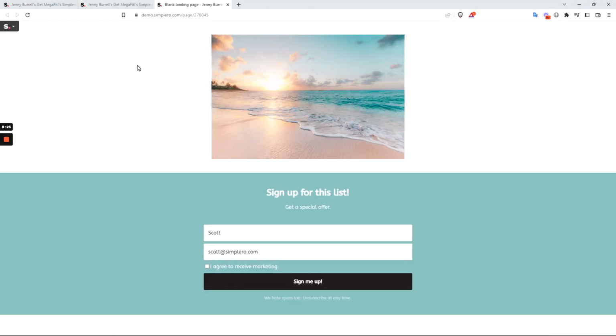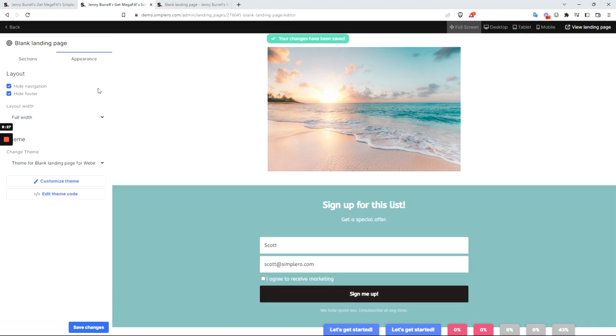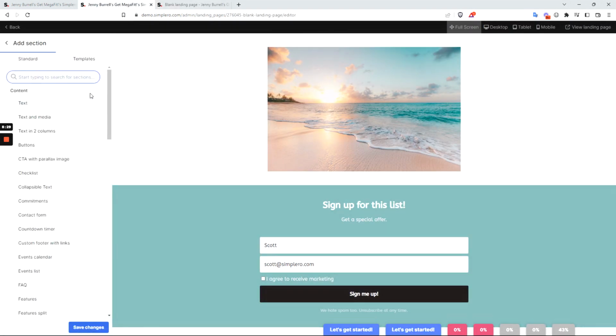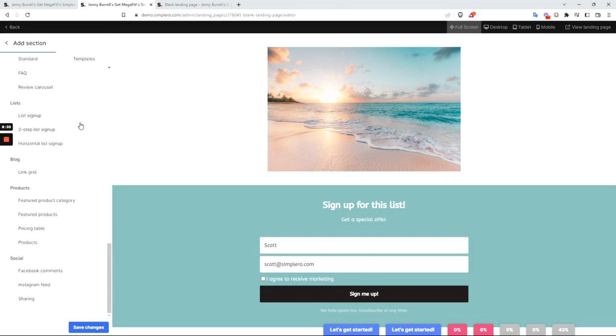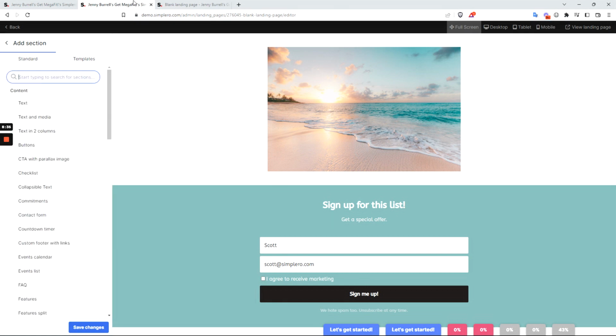So that would be a full landing page. Obviously, there are a variety of other sections that you can add here depending on your needs. So I would recommend just going through those and seeing what's going to be helpful. Let's go ahead and dive into the embedded form so we can see the difference here between the full landing page and